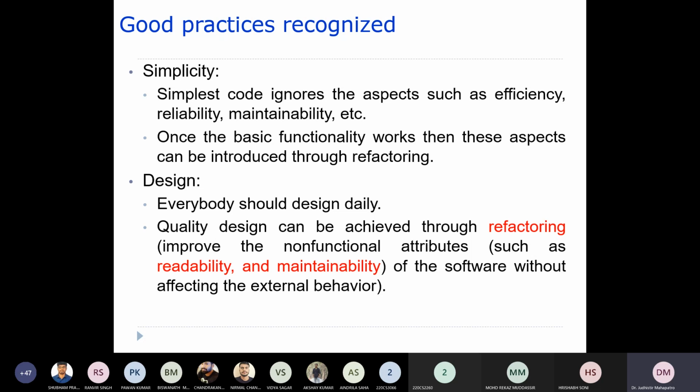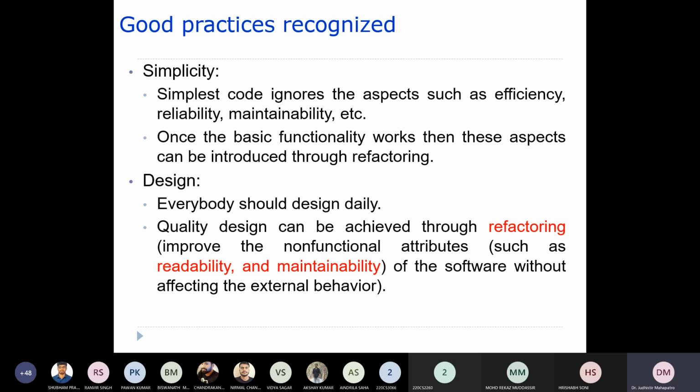So then you will be able to achieve the non-functional attributes such as readability and maintainability through refactoring later on, right? As I said, whatever individual modules you have initially, you can further divide into smaller modules, so that you will be able to maintain that piece of code properly, or to increase the readability of the source code, right?